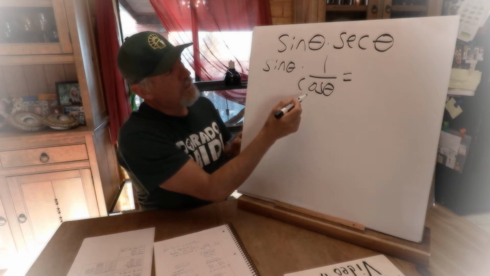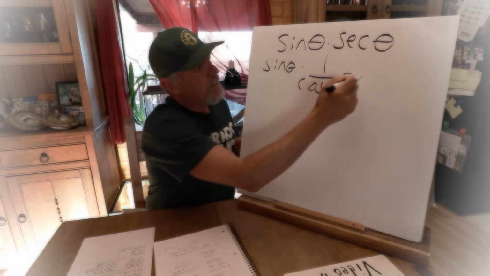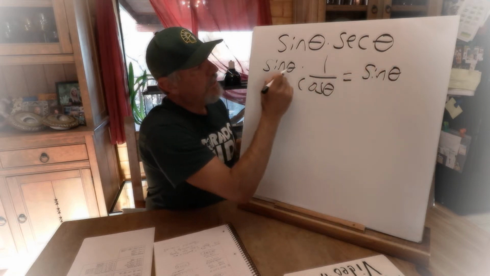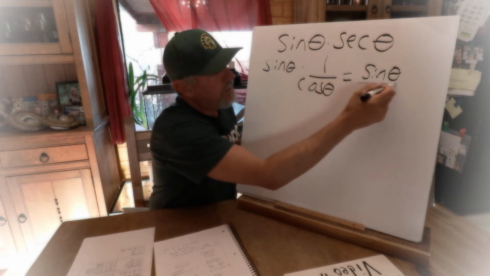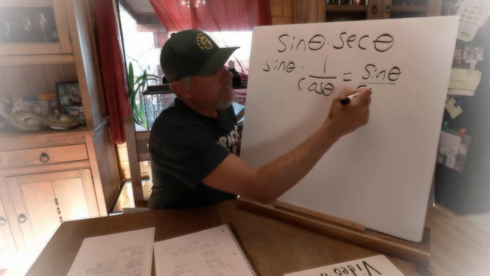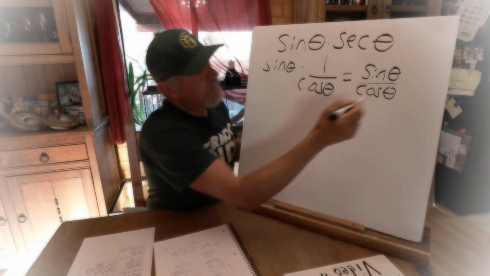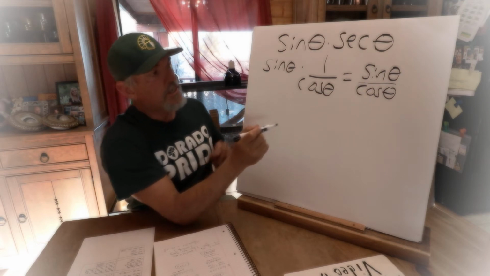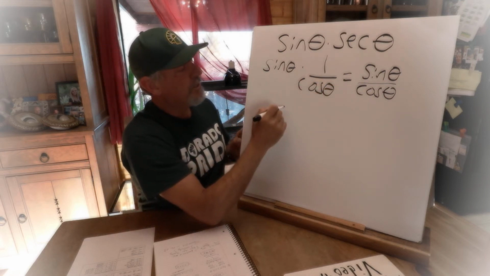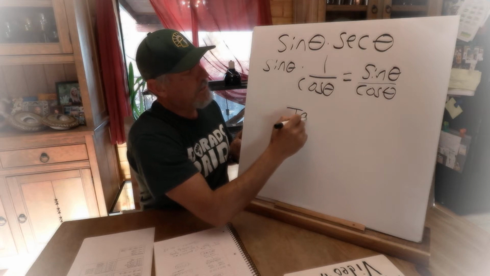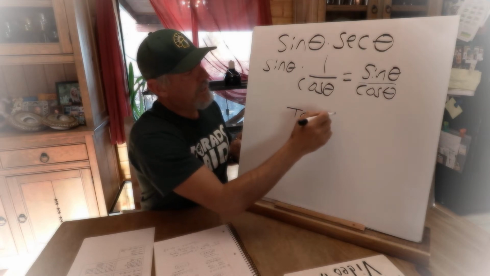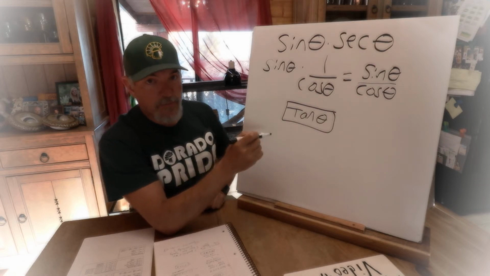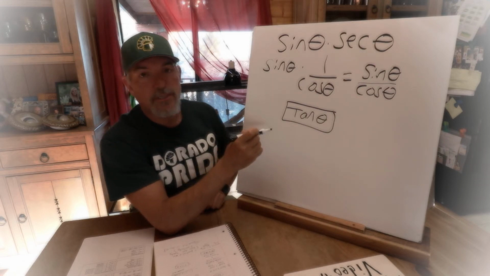Since these are being multiplied, we can multiply straight across and rewrite this as sine of theta times 1, which is sine theta, and then it's over cosine theta. Sine over cosine is one of our basic trig identities. It's on your sheet. Sine over cosine is tangent. We can rewrite sine over cosine as tangent theta. If you can get to the point where you're either down to one trig function or there's no fractions left,